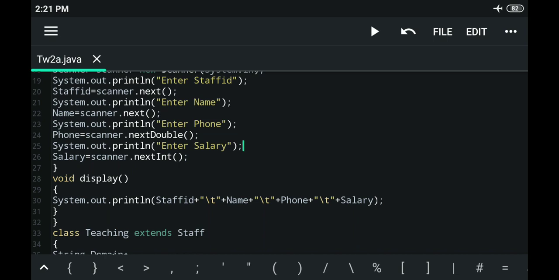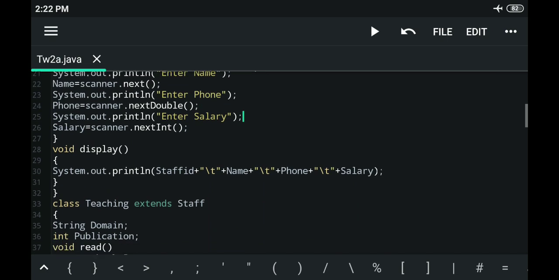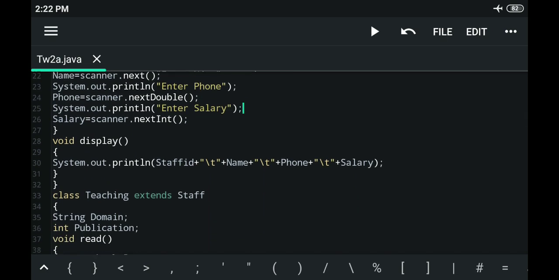Whatever value is read is now stored into the member variable staff ID. Similarly, name is also a string, thus we make use of the next method to read a string which is stored in the variable name. Phone is of the type double, so we make use of a Scanner class method called nextDouble, which is stored in the variable phone, followed by